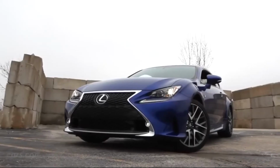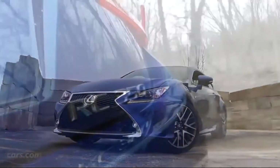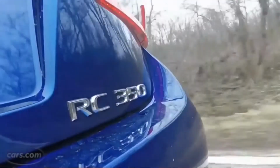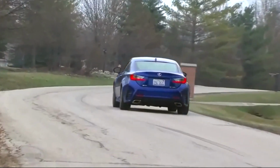In the RCF video, I concluded that that car didn't really compete with the BMW M4. In this case, I think personally I would still choose a 4 Series BMW over this version of the RC, but it is closer. I do think if you like the brand and like the styling, you wouldn't do too bad to buy this one. It is a really good balance of acceleration, braking, handling,